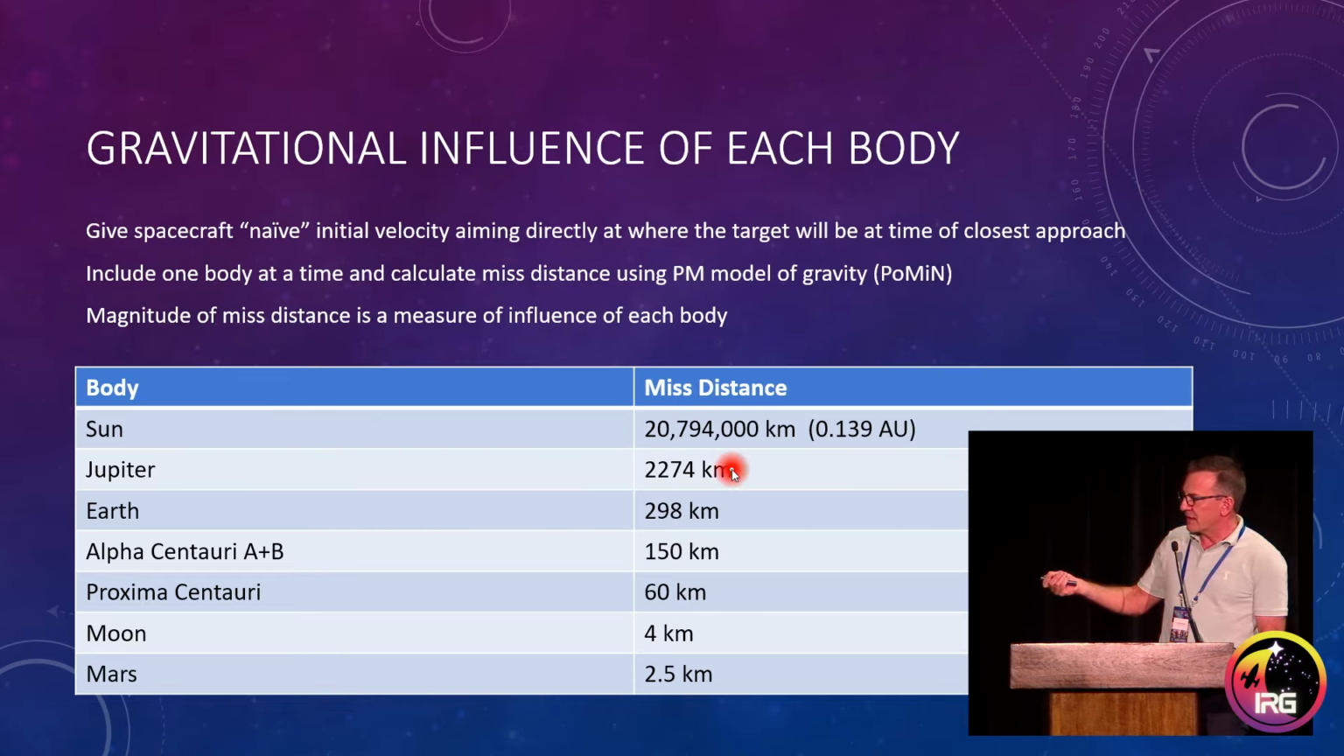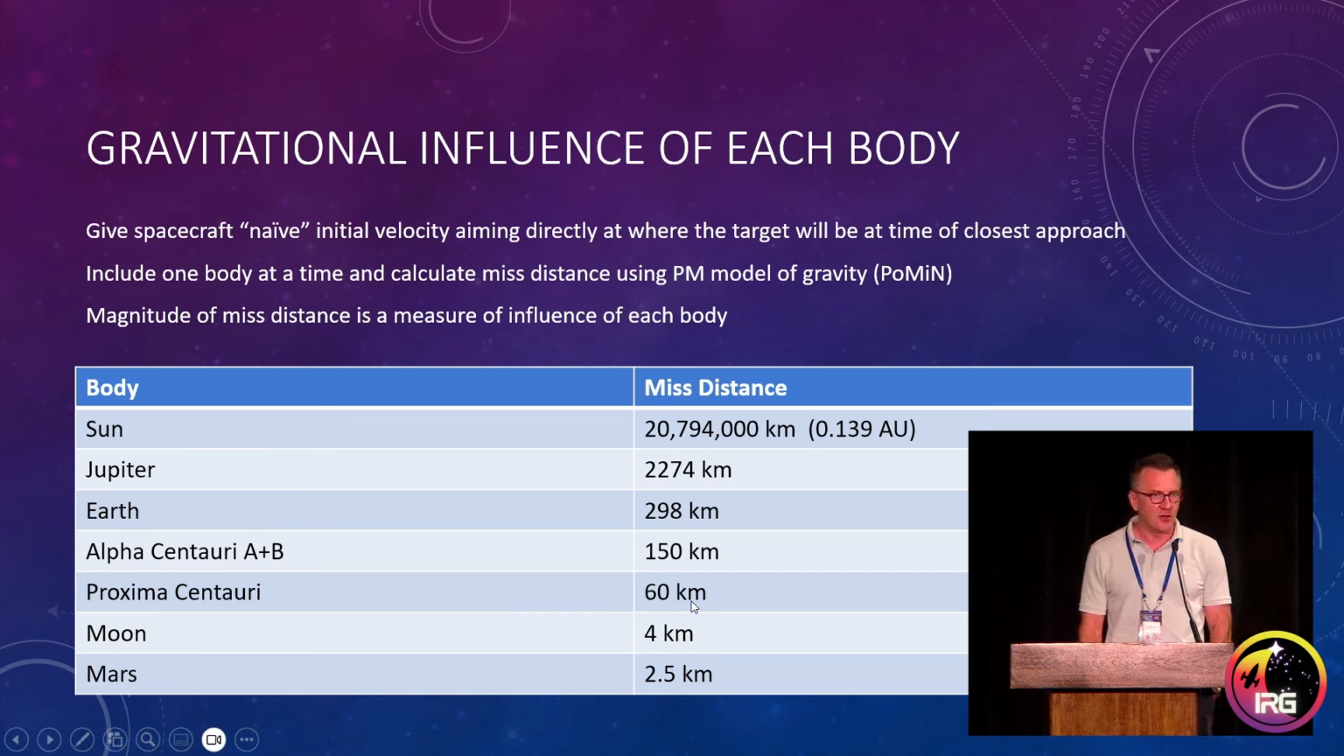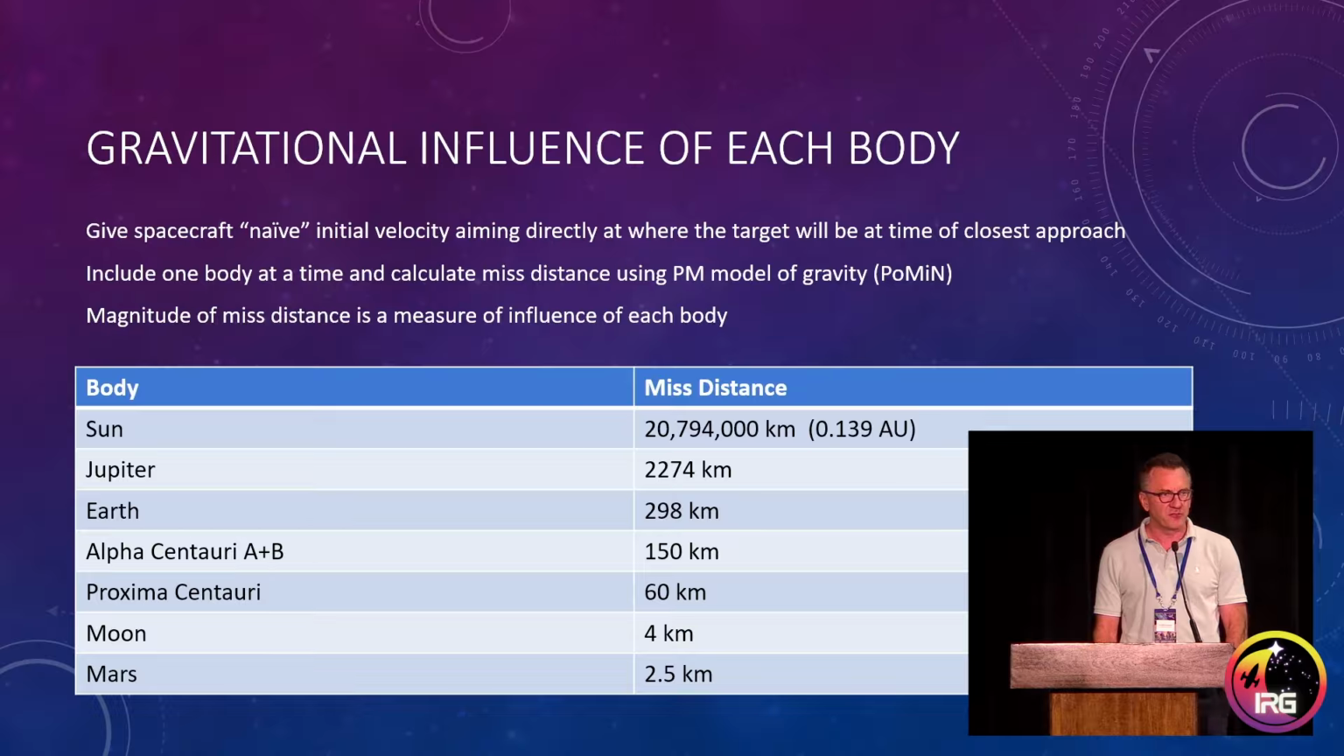Jupiter was the next biggest influencer. And then this is sorted in order of influence, decreasing influence. You can see that the Moon and Mars had very little effect at all. Proxima Centauri itself also had a surprisingly small effect on the trajectory of the spacecraft, and we attribute that to,